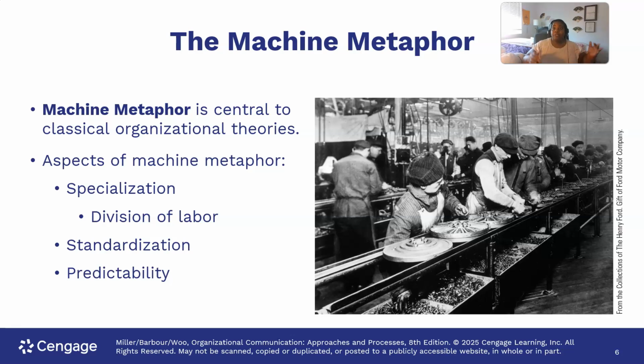There's a division of labor, so they have their own roles. There's people on top telling the subordinates what to do and how to run the organization smoothly. It's standardization, so one factory is the same as another factory, it's the same as the other organization, and they operate in the same structure. And because of the standardization, there's predictability.